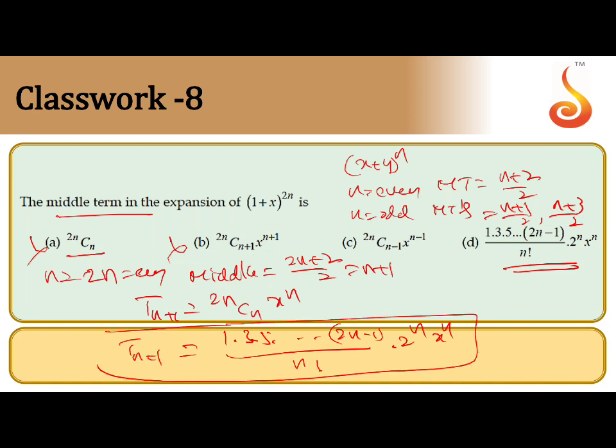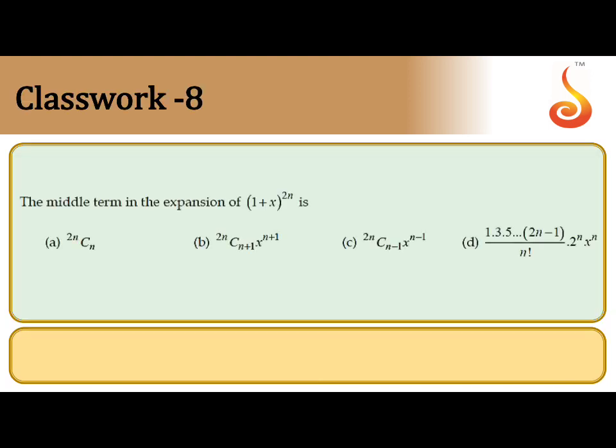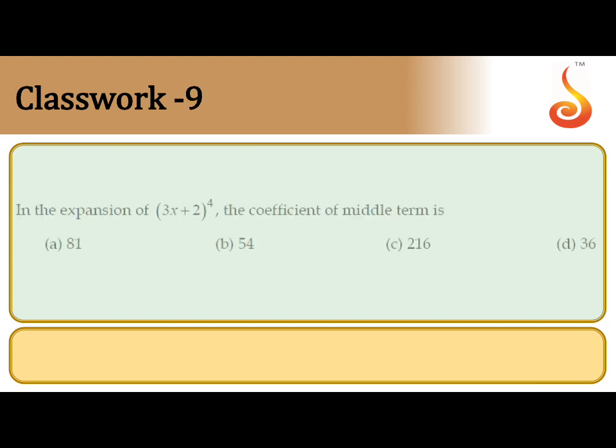So simplification is the procedure. Now this is one standard question. If you want, you can see the NCERT textbook. They have given the solution in detail. You can go to that one. You will get the answer. Option D is correct. I hope it is clear. How to remember: all odd numbers in the numerator by n factorial into 2 power n into x power n. That is the way to remember. Option D is correct. This is one standard and important question.